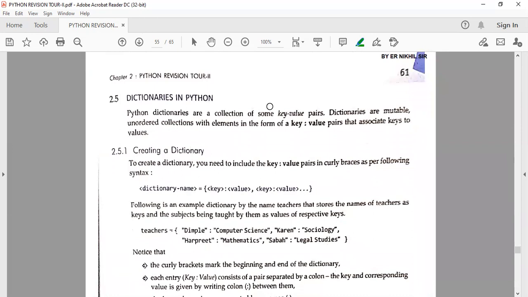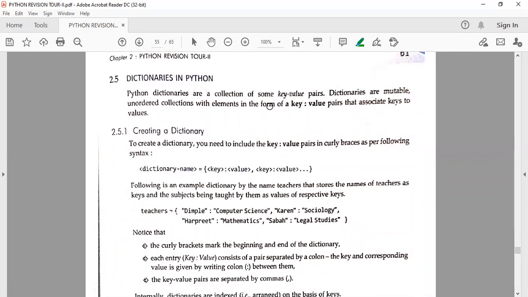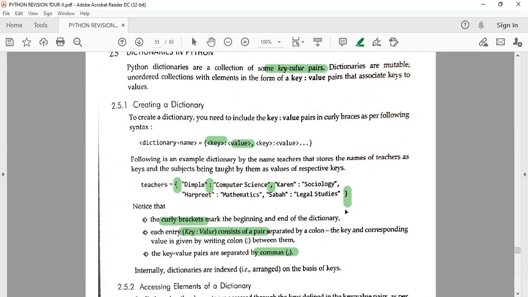Okay. After that, there are dictionaries. How can we create a dictionary here? In a dictionary, there are key-value pairs. Key-value pairs means this is a key and this is a value. Keys are always put in front, then there is a colon, then there is a value, and after that there is a comma. So firstly there are curly brackets. Then we write key-values with the help of colons. After that, for the second key-value, we put a comma. And it is always inside these curly brackets.